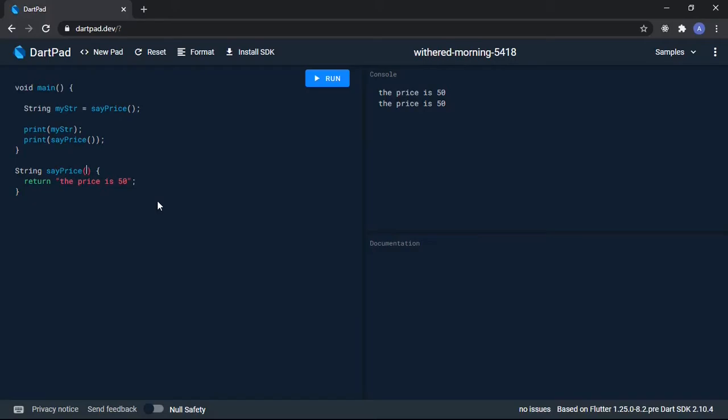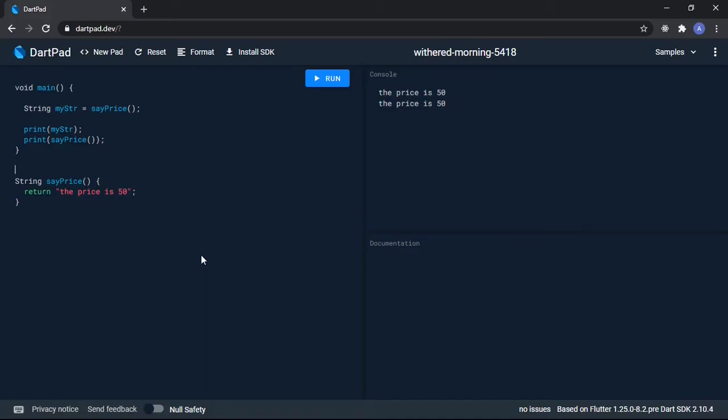Now parameters are just values you pass to a function, like the input of a function, right? And then this return is the output. So we call them parameters. Now I want the price to change whenever I call this function. I want to be able to say this is the price I want the function to use. So this brings us to parameters, right? And in that we have